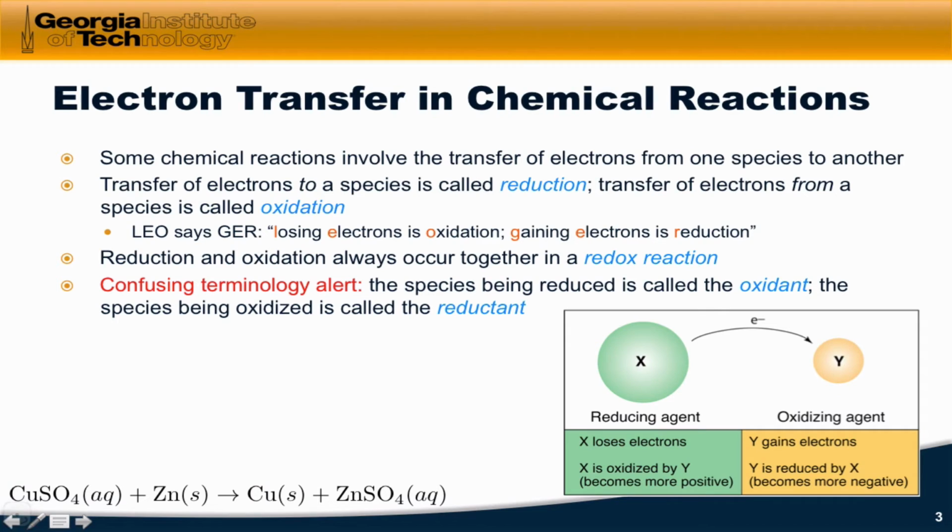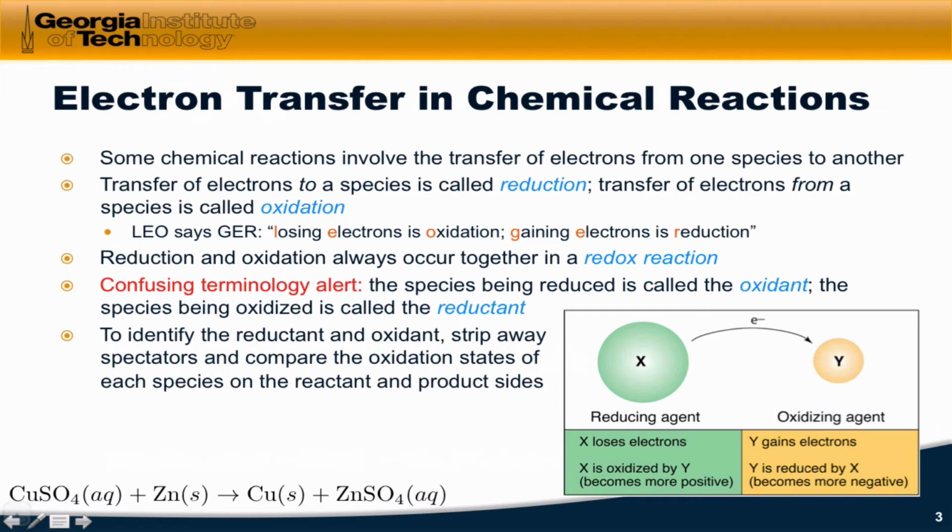Here's a graphic that illustrates this. The reducing agent, which is shown here in green, donates an electron to the oxidizing agent. The reducing agent loses electrons, while the oxidizing agent gains electrons. So the reducing agent becomes oxidized, X is oxidized by Y, while the oxidizing agent gains electrons and Y is reduced by X. And as we just saw, to identify the reductant and oxidant, you want to strip away spectator